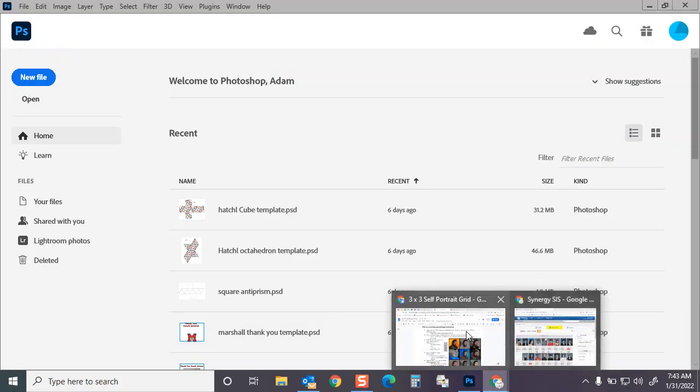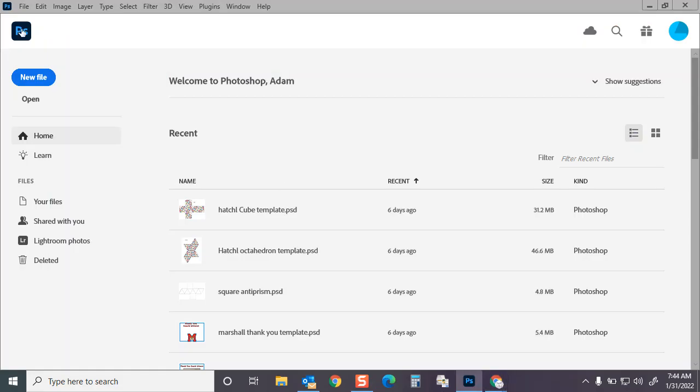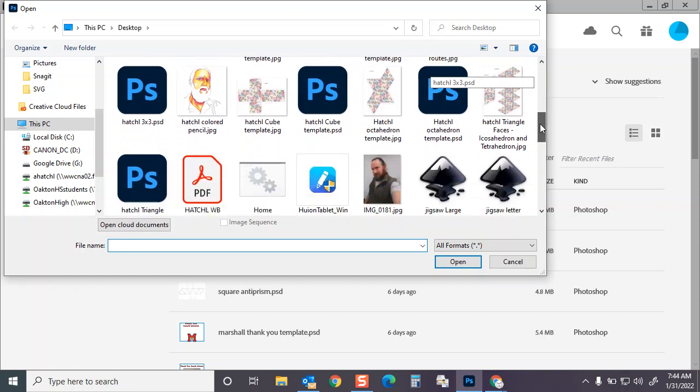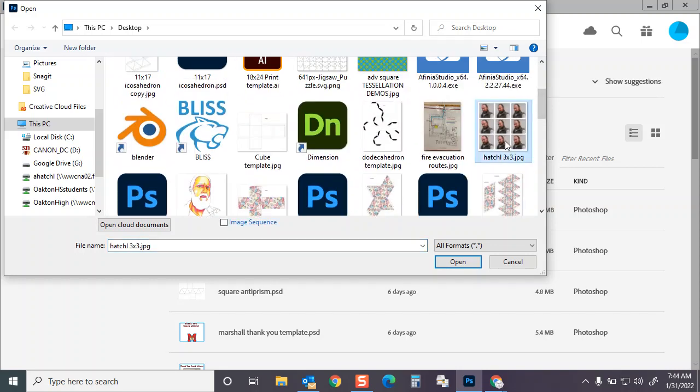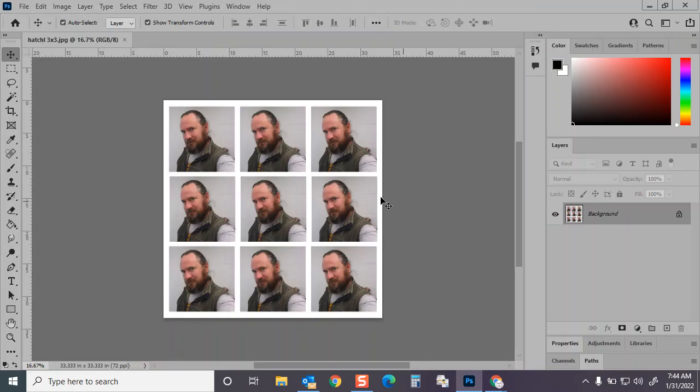Well, I've actually gotten ahead of myself. To start off, I need to open the JPEG copy of my 3x3. So let's go to Open. I'm going to look on my desktop for my 3x3 JPEG. There it is, Hatchell 3x3 JPEG. The reason I'm starting here is because it's completely flat, rather than the Photoshop document which had all the separate